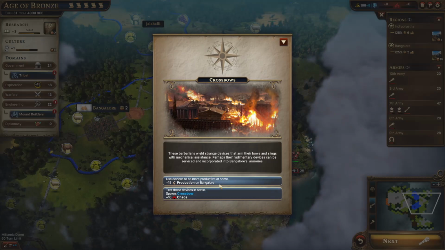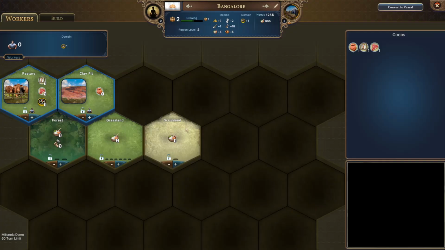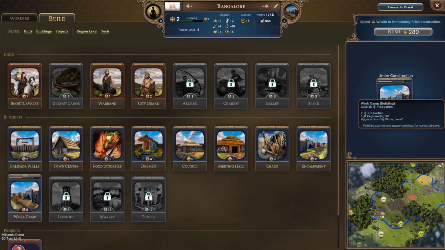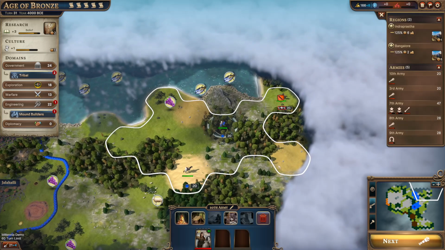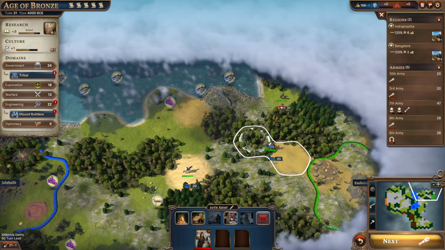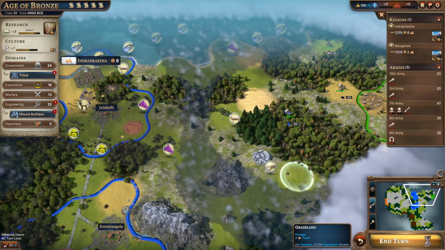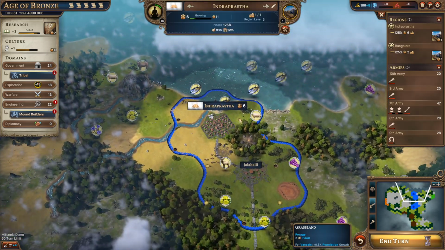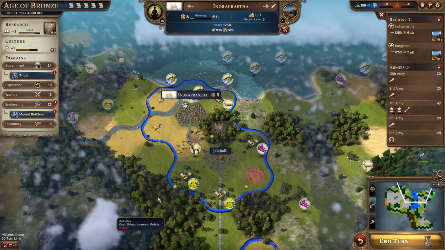Oh, plus 15 production in Bangalore. Alternatively, we would get a crossbow. Now let's get the production here. That's definitely worth more because it puts the work camp already at 5 turns. That's really, really worth it. And we can continue exploring here. Okay, here is the next AI. So let's move south instead. Now, I would like to build a kiln, so we do need to...